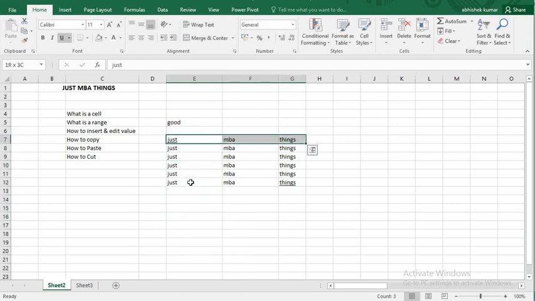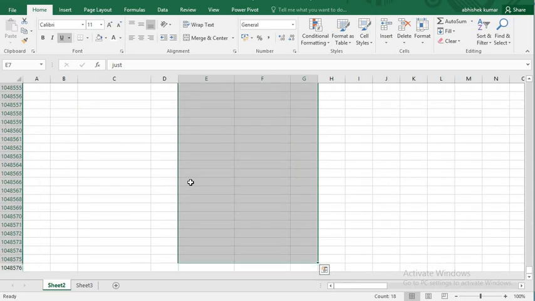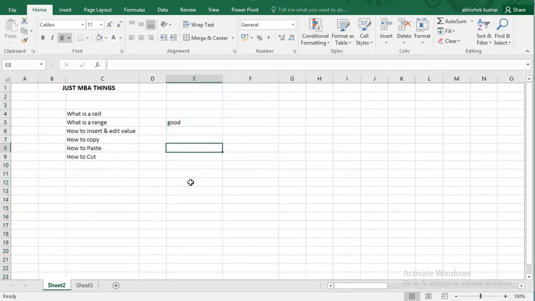How to insert and edit a value. For that, let me write here "you are a player". Now if I want to edit it and write "you are not a good player", I can simply click here in the formula bar and write "not", and my job is done.